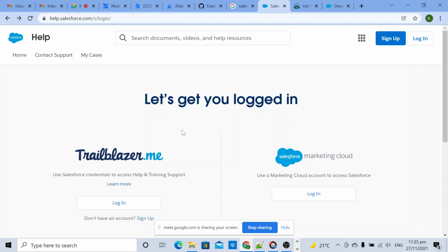For developers, there is another URL. Just give me 1 minute. Developer.salesforce.com. Okay.